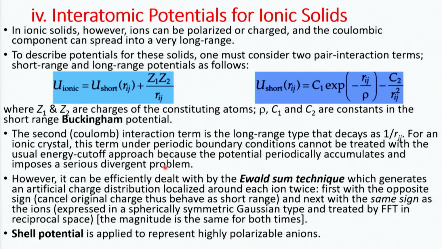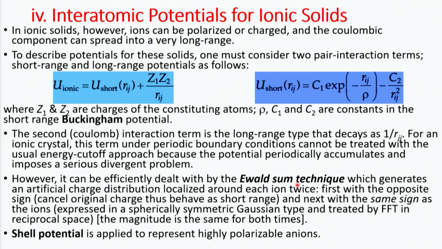Essentially for that we use the Ewald sum technique, which generates an artificial charge distribution localized around each of the ions. So essentially we use some kind of cancellation process, or we need to make this long range force into a short range force. So we need to use some of the reciprocal space and also distribution of the point charge into a Gaussian kind of distribution. I am not going into the details of this Ewald sum technique, but essentially we need to make it short range, and in order to make it short range, we need to use a Fourier transformation based method in